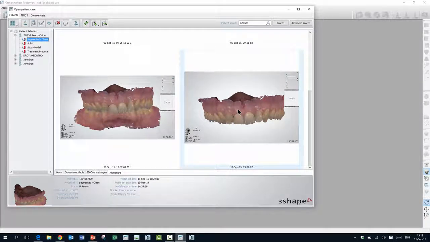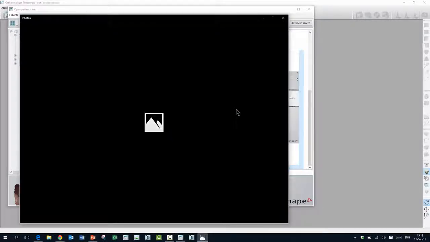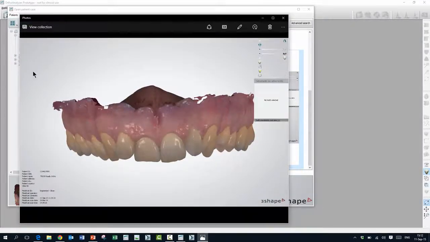A couple of things you can do here. If you double click on it, it will open in the default program that is associated with the animation files. The animation files in the Ortho system have a file extension called GIF, or GIF. It's pronounced both ways, and it's an animation file format that is supported by pretty much every computer in the world. So when I double click on this, it will open my default GIF file viewer, and as you can see here, it's very, very high quality.